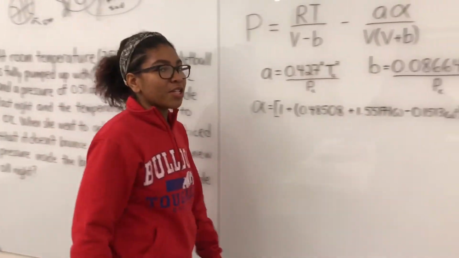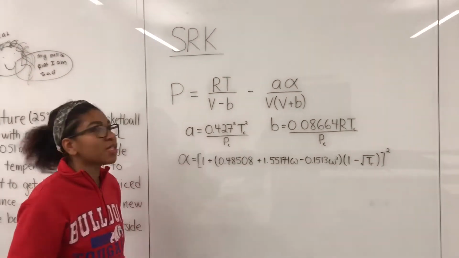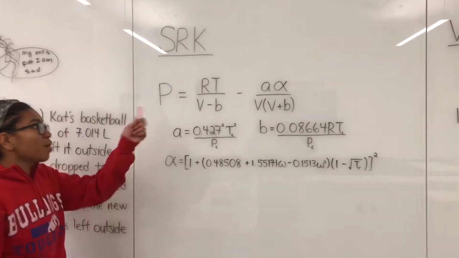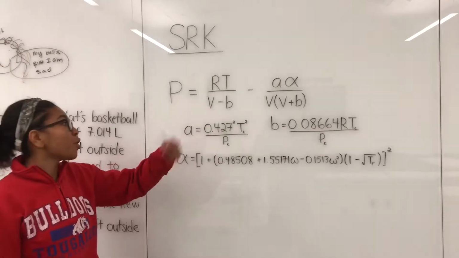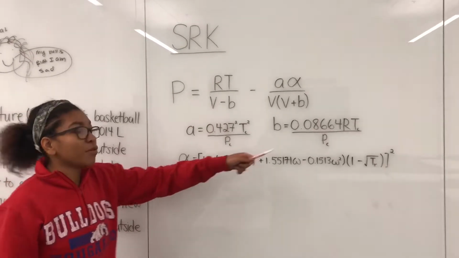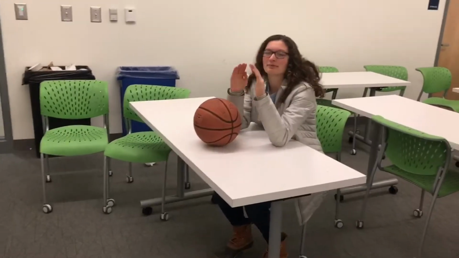So let's start to solve this problem. The best way and the most accurate way to solve this is probably using the SRK equation. So here we have our pressure, which is equal to our gas constant times temperature over V minus B, which you use over here, and you find the critical temperature and pressure to find B over here. And then you also have